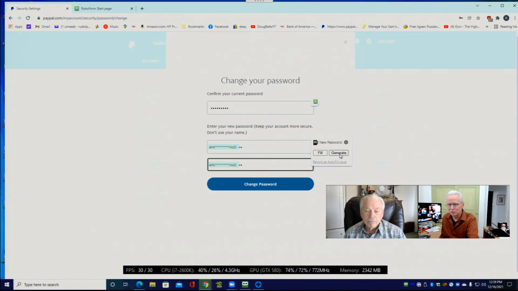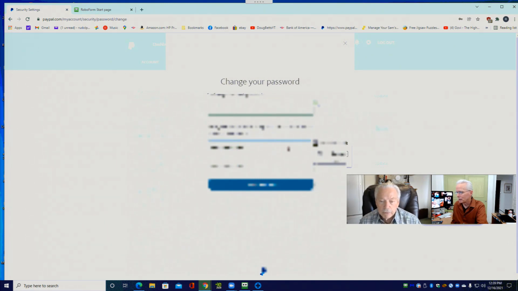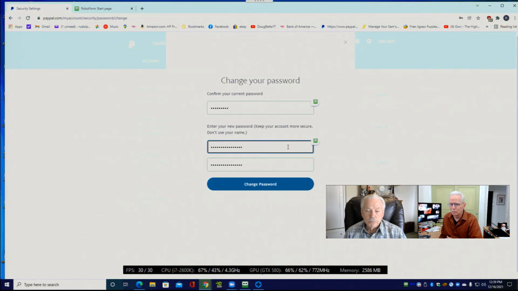I'm blurring the screen now. Okay, and generate again. So now we've got a new password. And during the time that that was partially displayed, it was blurred. So now we're back to unblurred. And then we click here to change password.